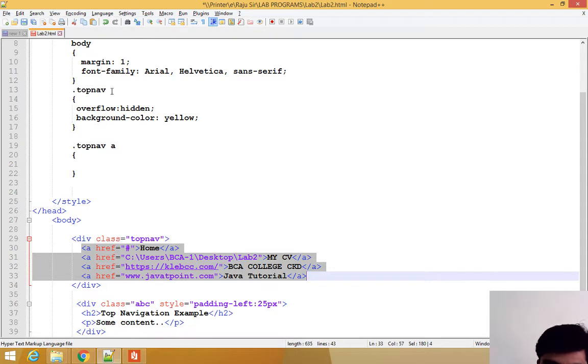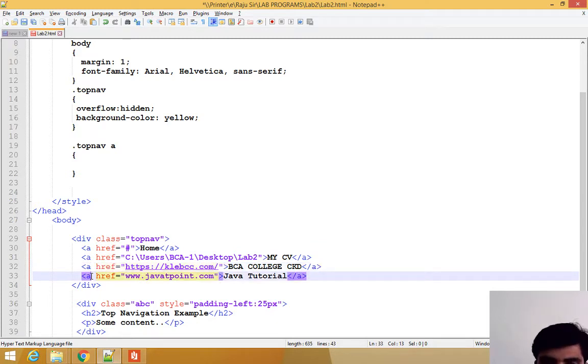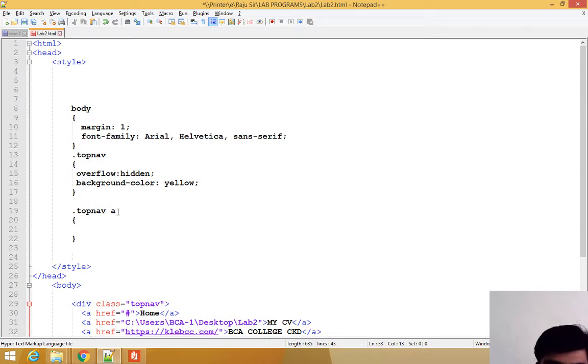First we need to write the dot symbol, dot top navigation, open and close. Within that you can write any style, and those styles will be applicable to all the tags available in the division tag, because I wrote the class selector top navigation, right? But here I wrote A, which is called the anchor tag, that creates a link for some other data. So these are called links.